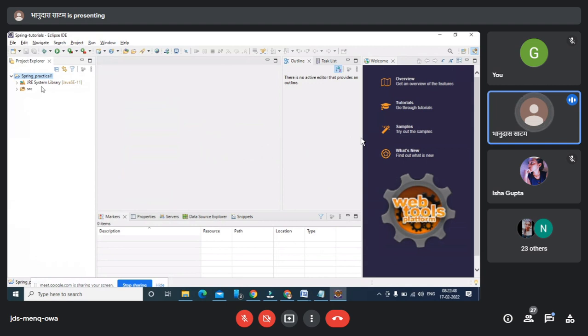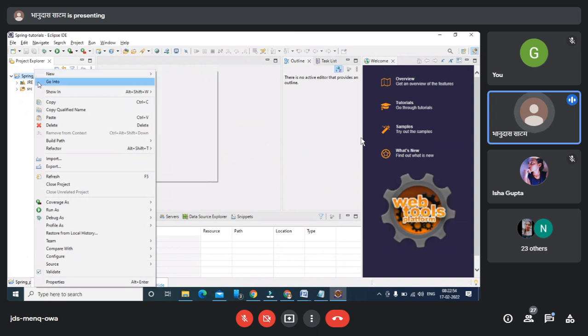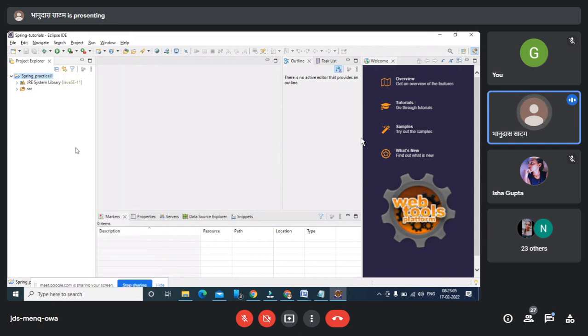So please pay attention. I'm just clicking on my Spring Practical and pressing right click, and I'm choosing something called Build Path here. If you see this particular screen, I'm using my print screen here. So let me show.